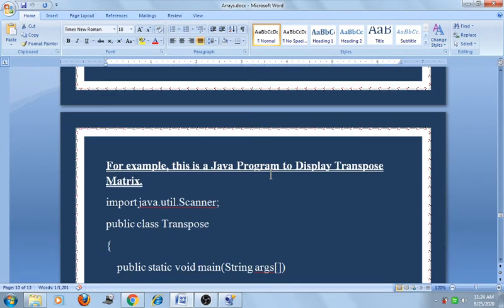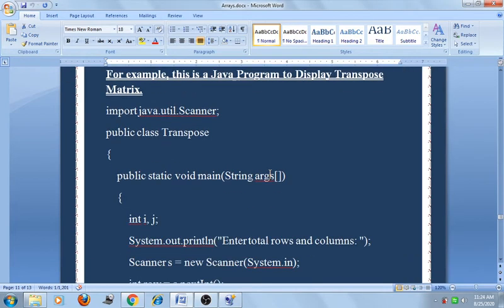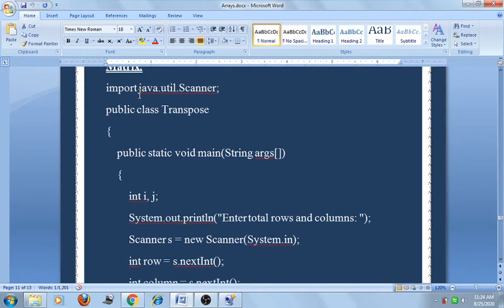Now we see one example of the two dimensional array: to display an array element and transpose the matrix. Here I use the java.util.Scanner class.